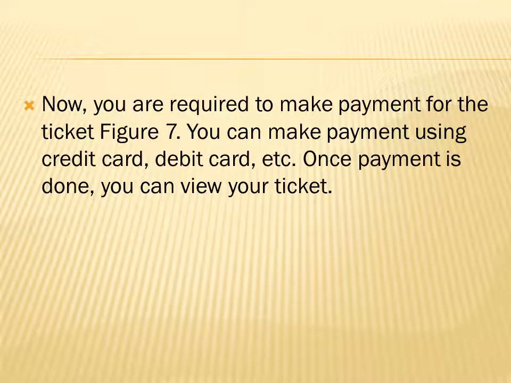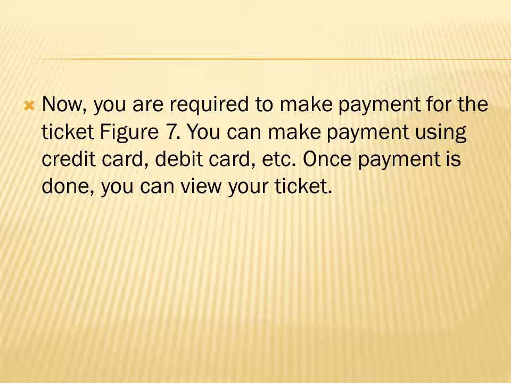So now you are required to make the payment. How do you make the payment? You can use a credit card or debit card, net banking, etc. Once you have done the payment, you can view your ticket. Your ticket will now be sent to the email ID that you provided while creating your account. Your e-ticket will be sent there. Also an SMS comes to your mobile that your ticket has been generated. So using this technique you can book your ticket